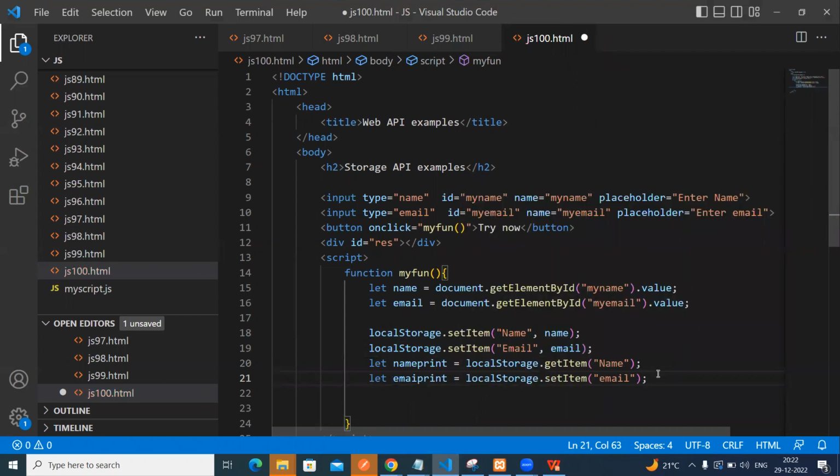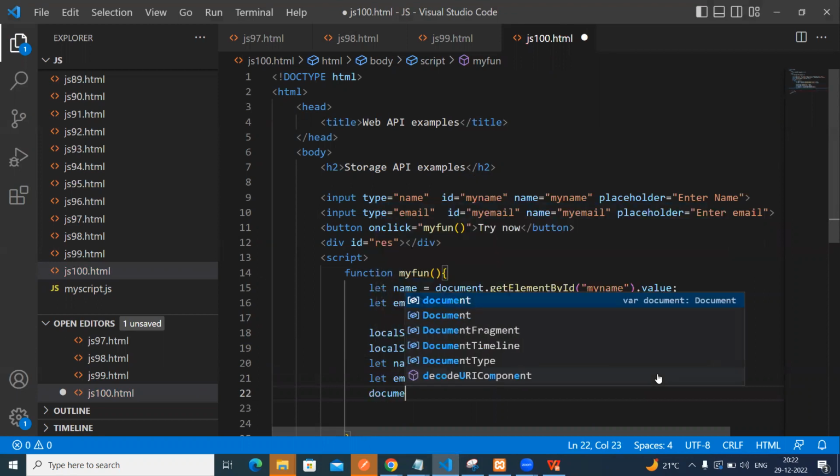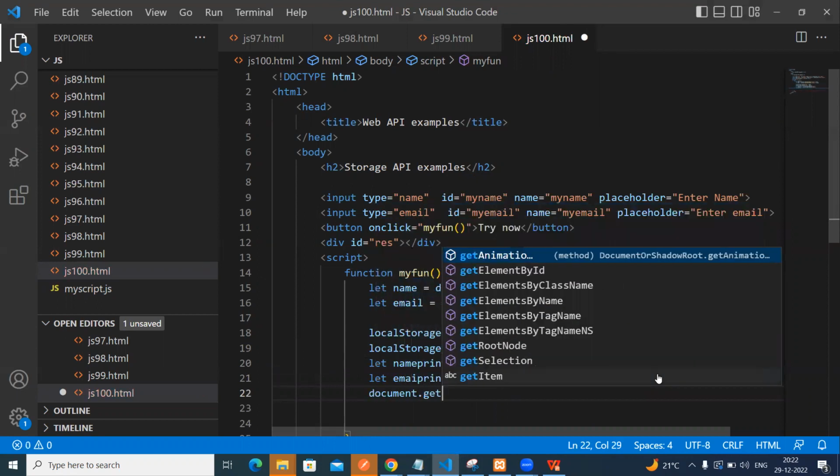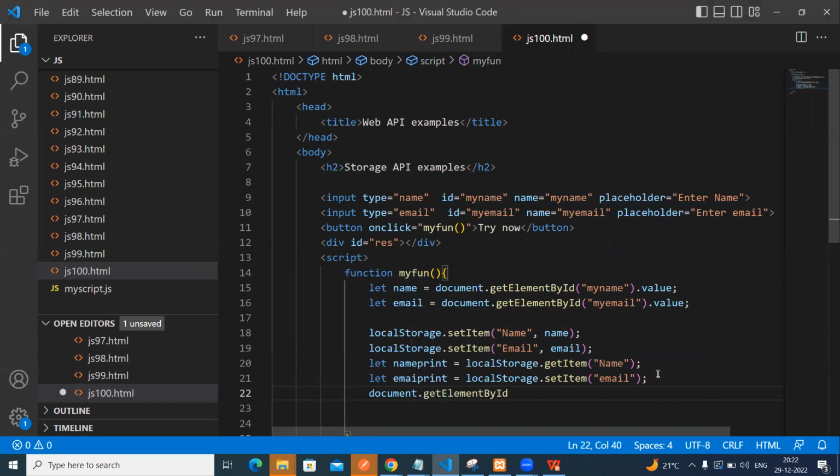So I am appending these two values, document dot get element by id, that is the id here, res. I am appending to this dot inner html equal to